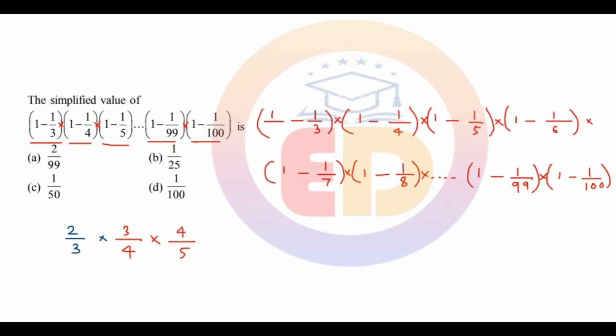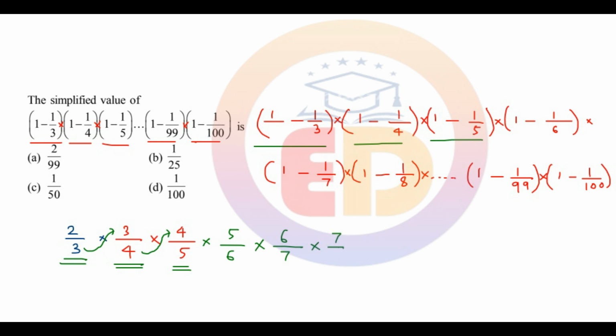तो बच्चों आप यहां पर एक चीज देखिए कि पहला टर्म 1 माइनस 1 बाई 3 हो गया 2 अपॉन 3. अगला टर्म 1 माइनस 1 बाय 4 हो गया 3 अपॉन 4. अगला टर्म 1 माइनस 1 बाय 5 हो गया 4 अपॉन 5. आप यहां पर देखो कि एक सीरीज चल रही है जिसमें 2 अपॉन 3, अगला 3 अपॉन 4, अगला 4 अपॉन 5. तो अगला टर्म हो जाएगा 5 अपॉन 6. अगला टर्म हो जाएगा 6 अपॉन 7. उसके बाद आ जाएगा 7 अपॉन 8. उसके बाद आ जाएगा 8 अपॉन 9. इस तरह से हमारी सीरीज चलती रहेगी।